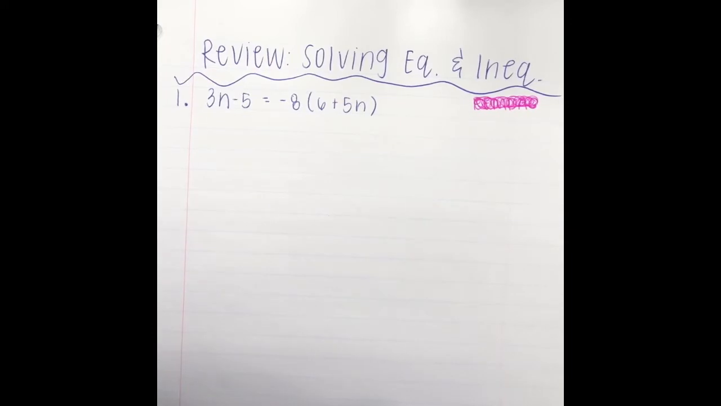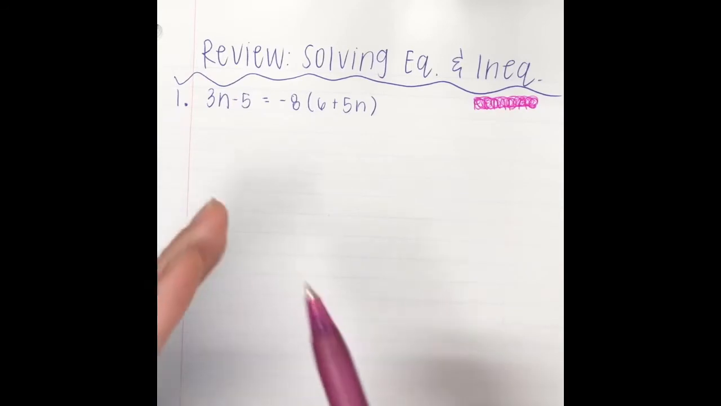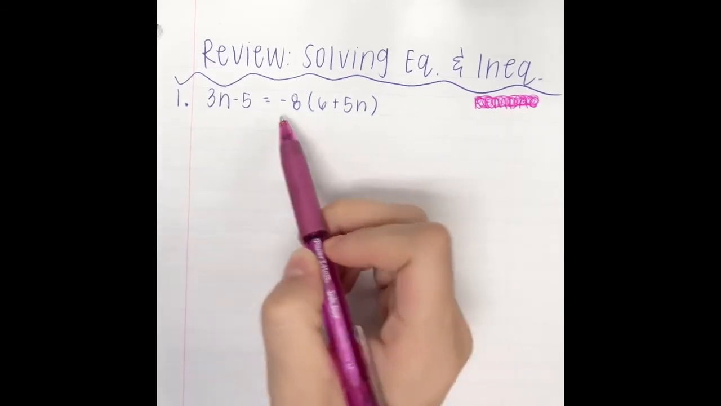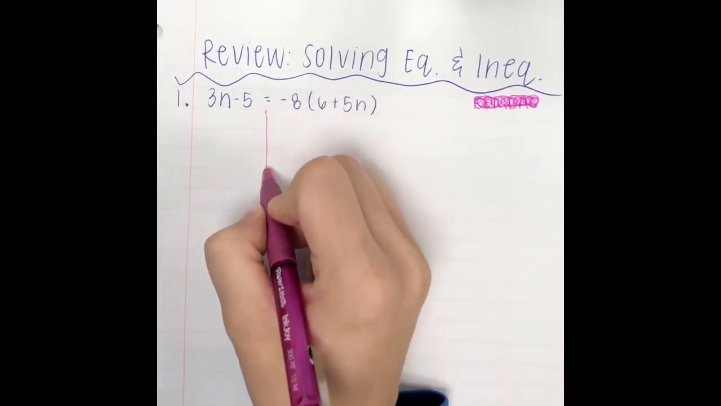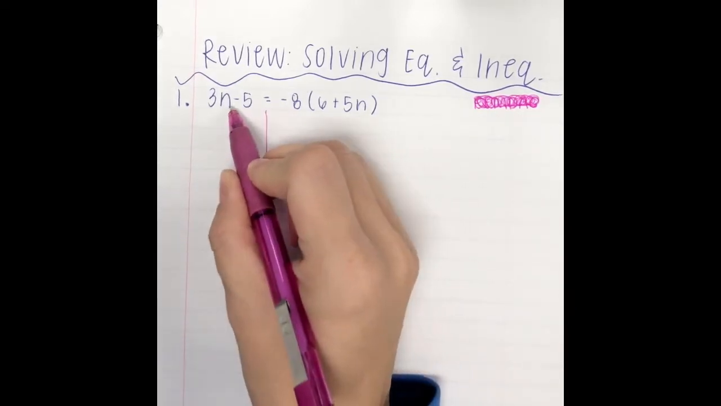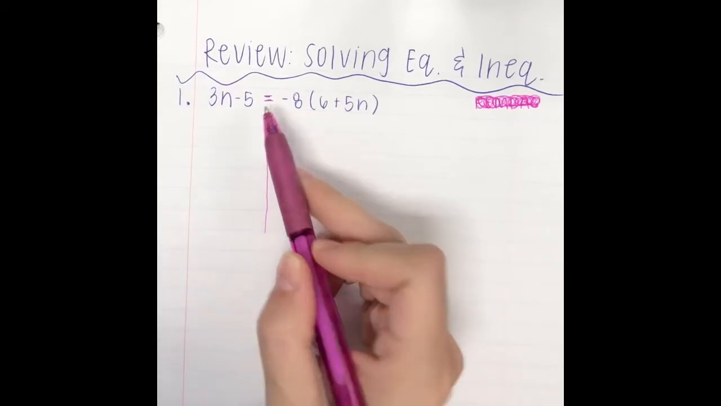So with this first example, we have 3n minus 5 equals negative 8 times (6 plus 5n). We want to simplify this. Essentially, we want to end up with 1n equals some number. Okay, that's what we're hoping for. So let's look at it. I'm going to draw a line right down the middle to separate our left side from our right side. You always draw your line at your equal sign because your equal sign is what separates the left from the